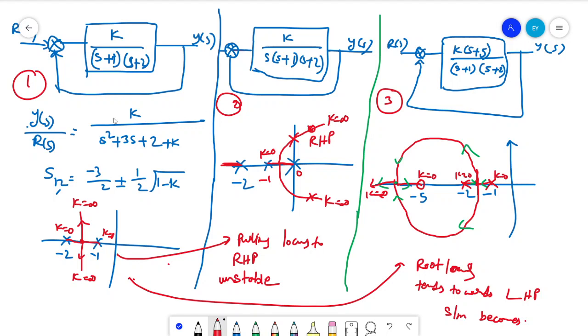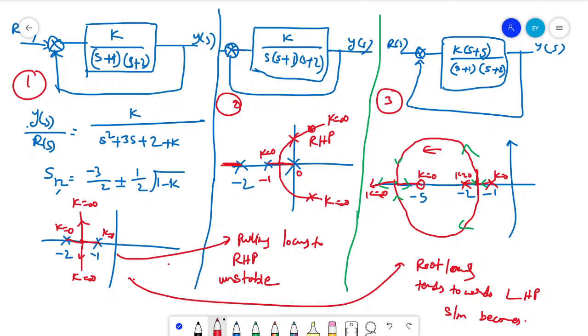And if you see the third one, if you are adding an extra 0 to the system, the system tends towards the left half of the S plane. When the k value is increasing, it is tending towards the left half of the S plane, so that when k is increasing, the system becomes relatively more stable. So that is the condition of the k value, and the integrator and the differentiator if you are having them in the system.